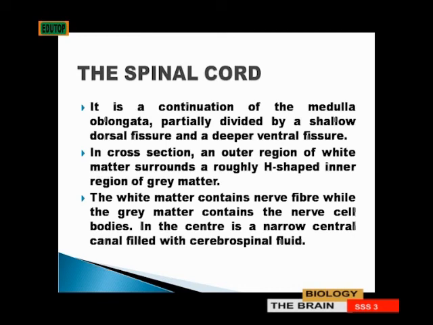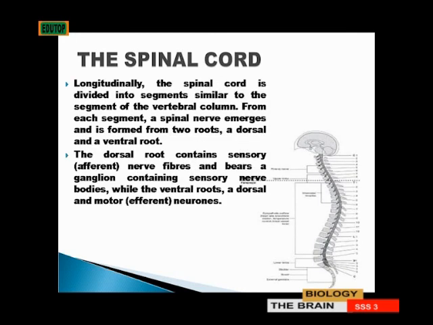The white matter contains nerve fibers, while the grey matter contains the nerve cell bodies. In the center of the spinal cord is a narrow canal filled with cerebrospinal fluid. Longitudinally, that is when you dissect the spinal cord this way,